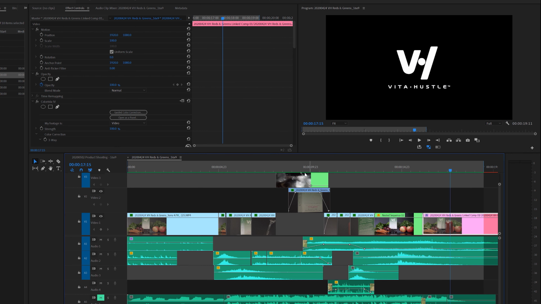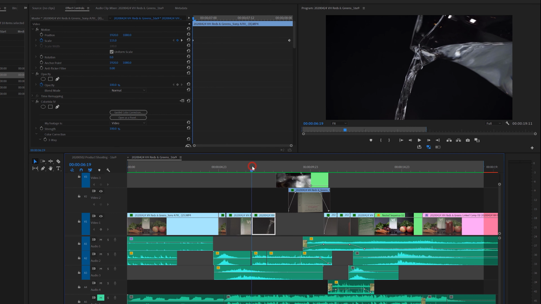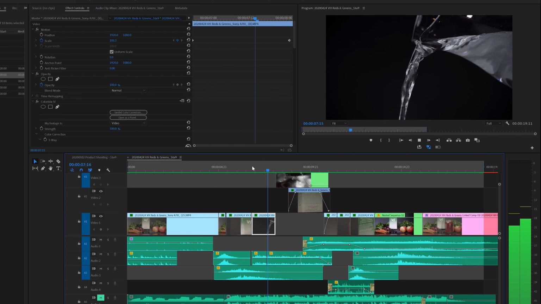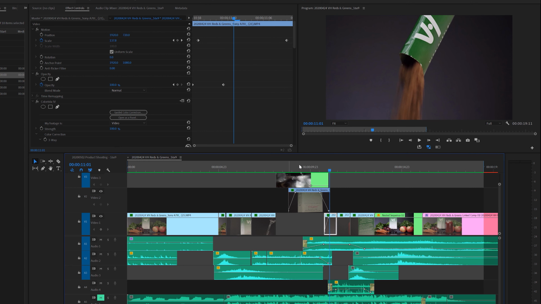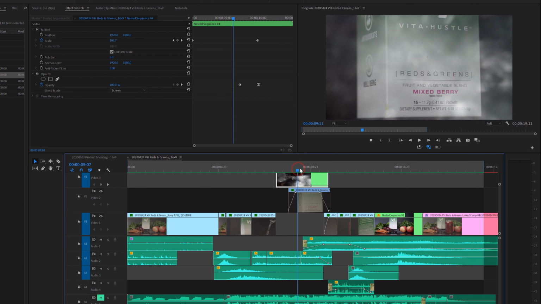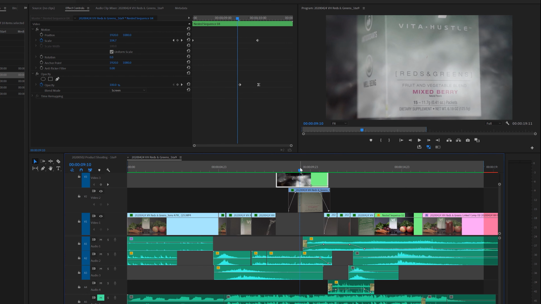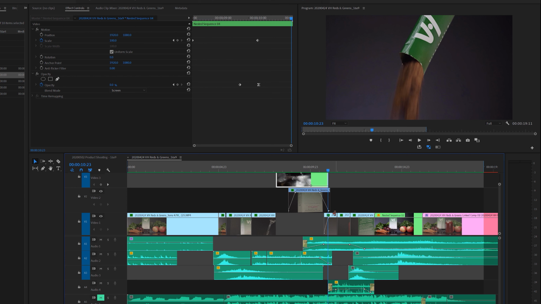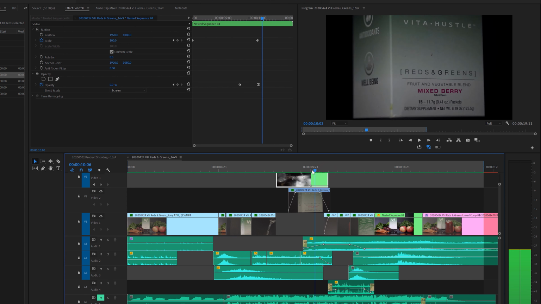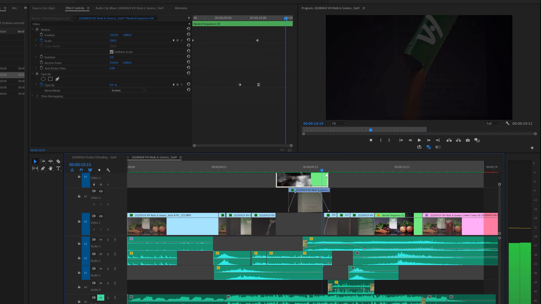And now you see here, there's a ton of stuff going on, but what I wanted to show you for sure was this water pouring. The water's over, right about here is where you stop seeing it, but it keeps going on. This is the water right here. It keeps going. Conversely, the pouring of the powder enters before you even see